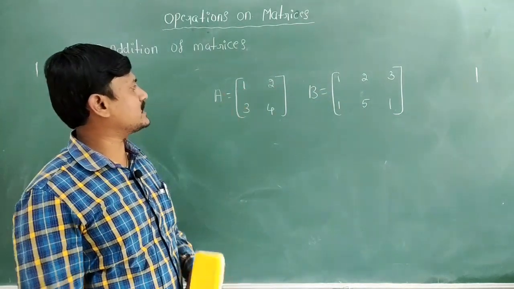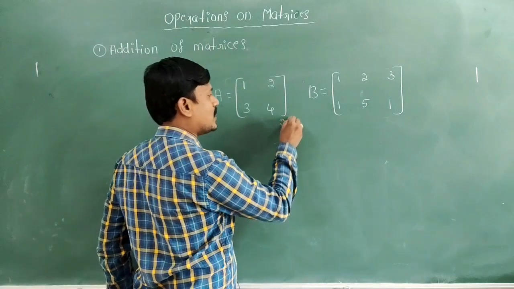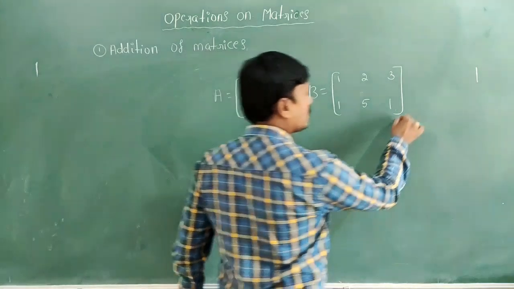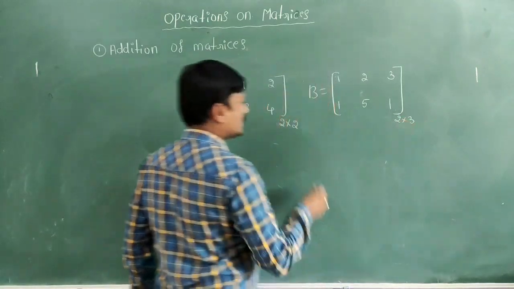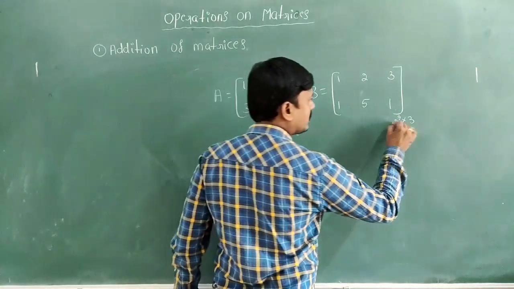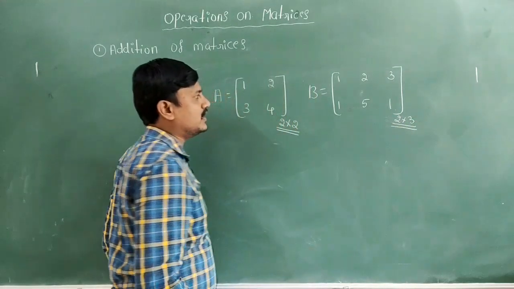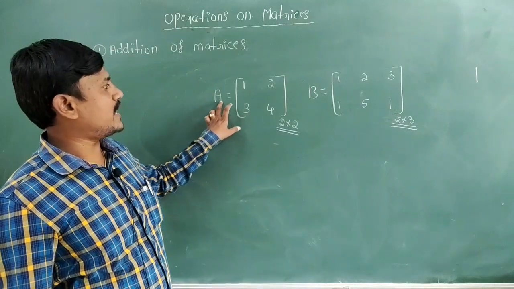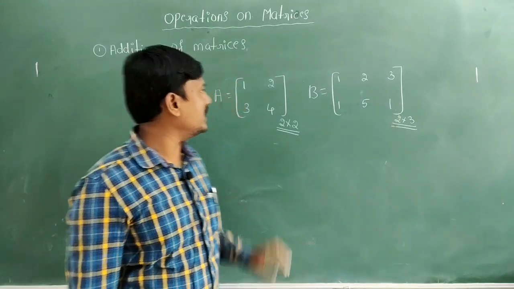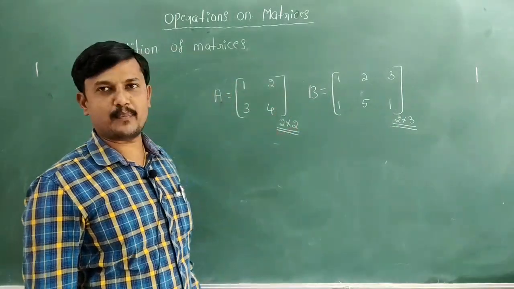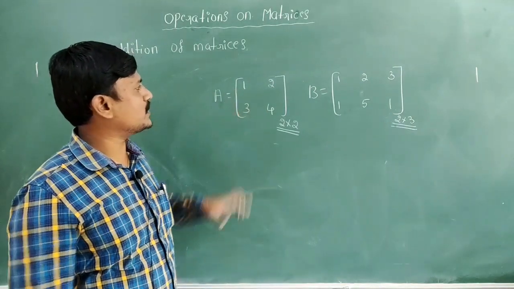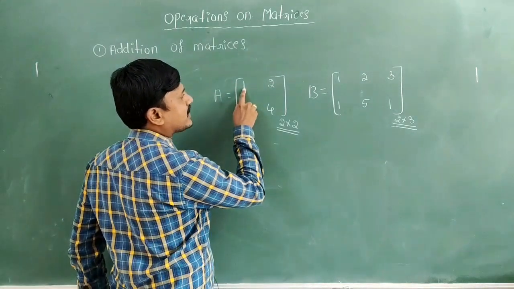What is the order of matrix A here? It is 2 cross 2. What is the order of matrix B here? It is 2 cross 3. Therefore, the order of matrix A is not equal to the order of matrix B. Then A plus B is not possible, because